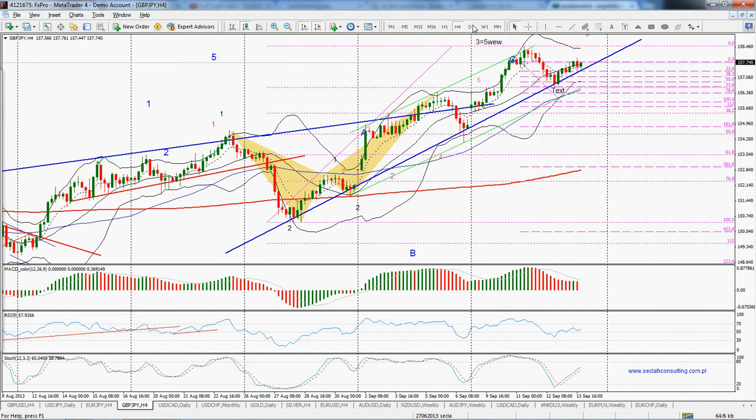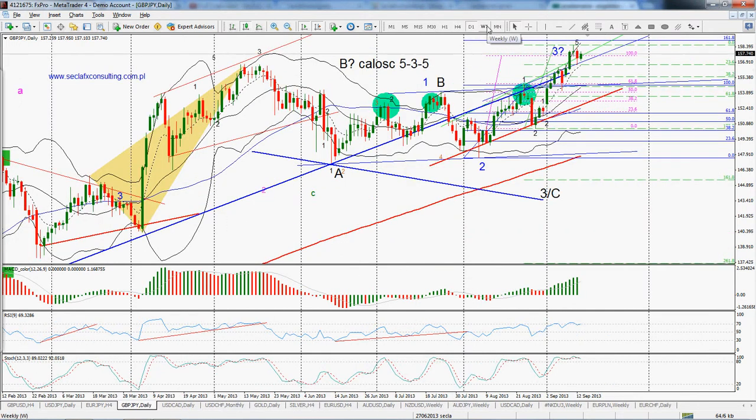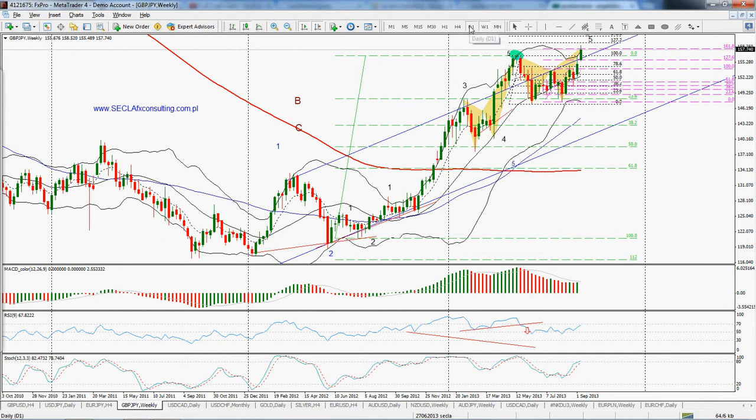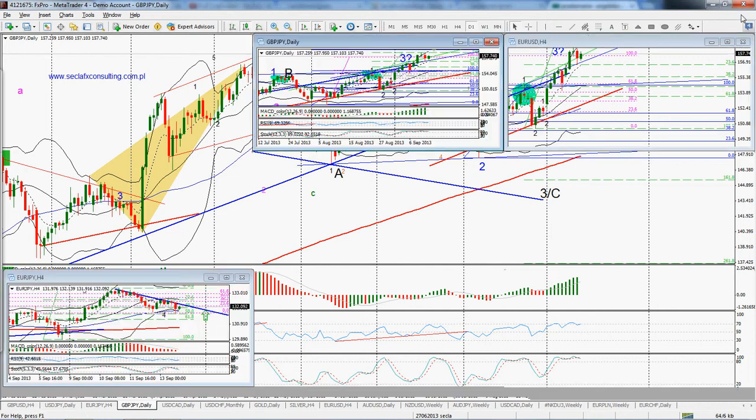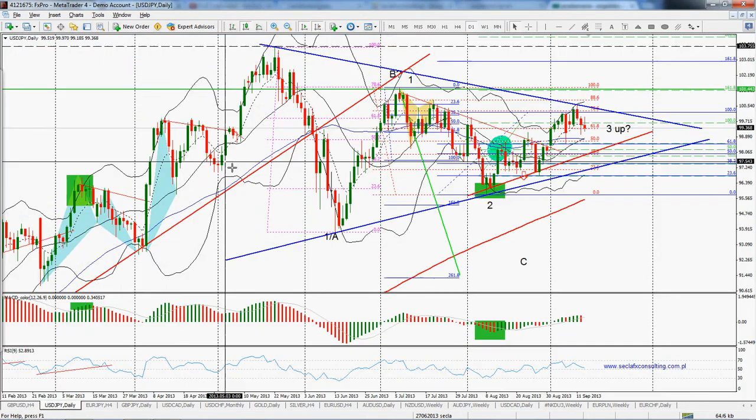Okay, so I think that's all for the euro, for the Great Britain pound, Japanese yen. Okay, I'll try to update you during the week. So if I find a nice trade setup, I will send you a signal. Good. USD Japanese yen